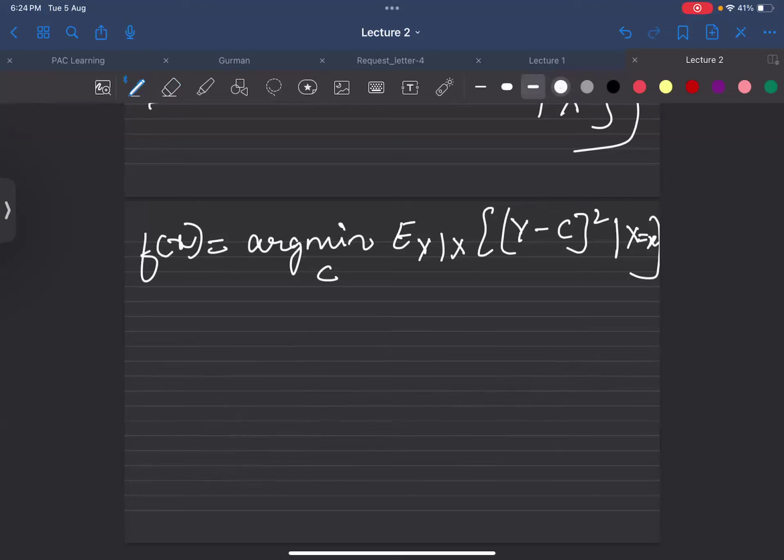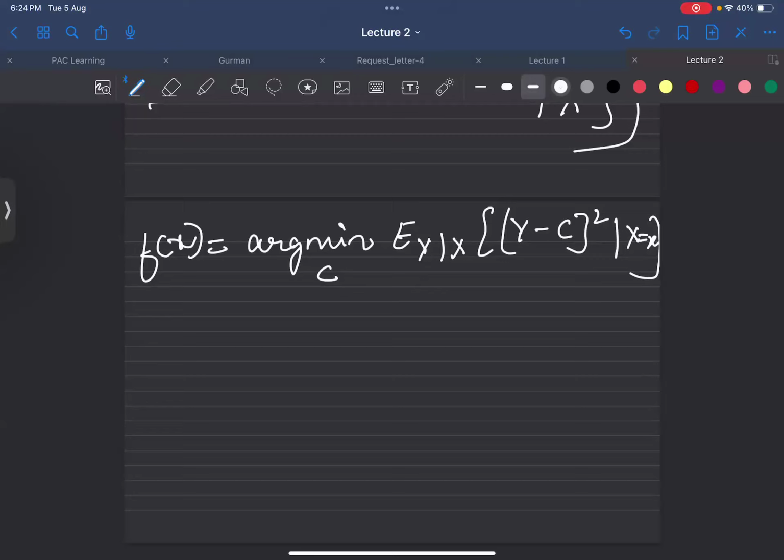What is the issue here? Anyone can suggest, anyone can tell me what is the issue which we can face here? Okay, I can find the value, I can find the loss, I can find the value of C which will give me the least, in which I'll get the minimum of that. What is the problem which we can face? For a large number of input values, it will take a long time.